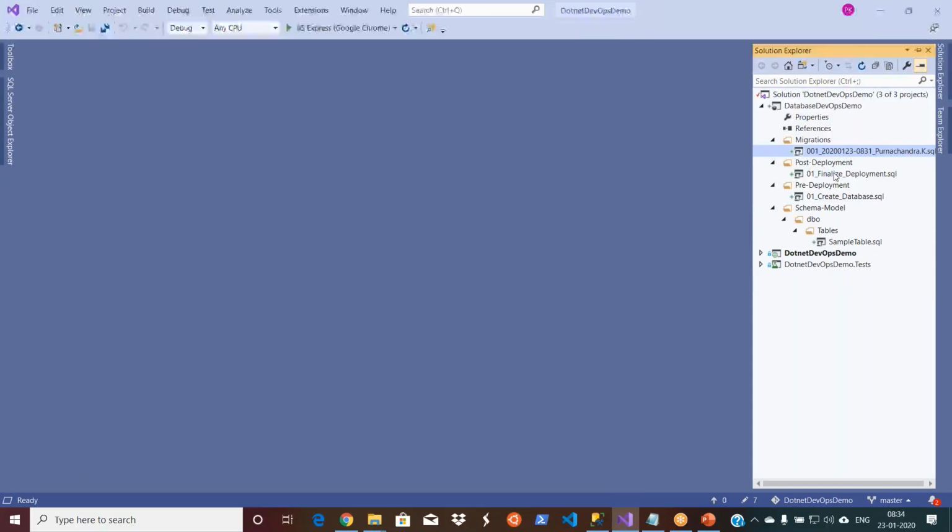After that, you also see some post-deployment scripts and pre-deployment scripts. Let us say, as part of your deployment, if there are any pre and post configurations, you can keep them in these folders. But you do not make any changes in the file under the migration folder, because that gets generated automatically based on your database. These pre and post deployment scripts are your customization code. You want to send some notifications, or you want to include some data, whatever it is, you can do in the pre and post deployment scripts. And this is what you see regularly as well.